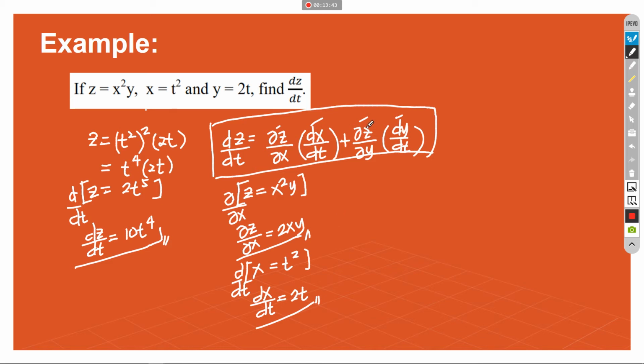Okay, now, for the second part, partial derivative ng c with respect sa y. So, kukunin ulit natin yan sa main equation or yung equation 1 na c is equal to x squared y. Okay, so same procedure. Getting the derivative of c partially, but this time with y. So, we have partial derivative of c with respect to y is equal to,